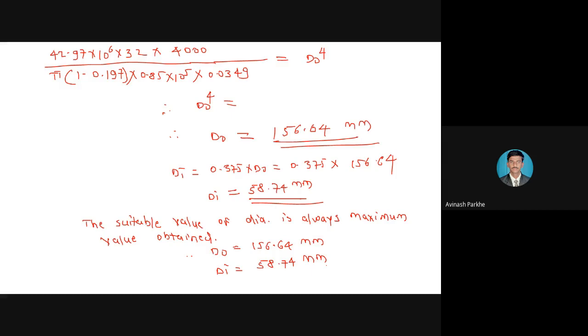Okay. I hope everyone has calculated. Here the calculation part is very important. Please keep in mind, steps become lengthy, but it is very simple. Take the unknown parameters at one side, remaining all the values at another side. Then you will get the simplified value. And then by taking the square root 2 times, or by raising to 1 by 4 or to 1 by 3. By using the shear stress, you will get DO in the form of DO cube. And by using the angle of twist, you will get DO in the form of raised to 4.